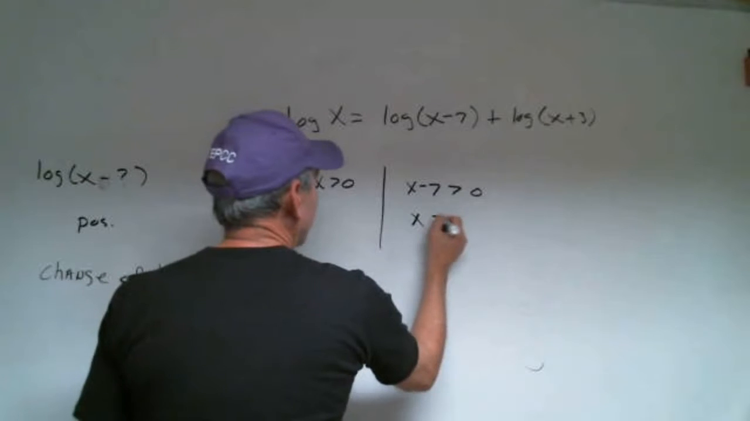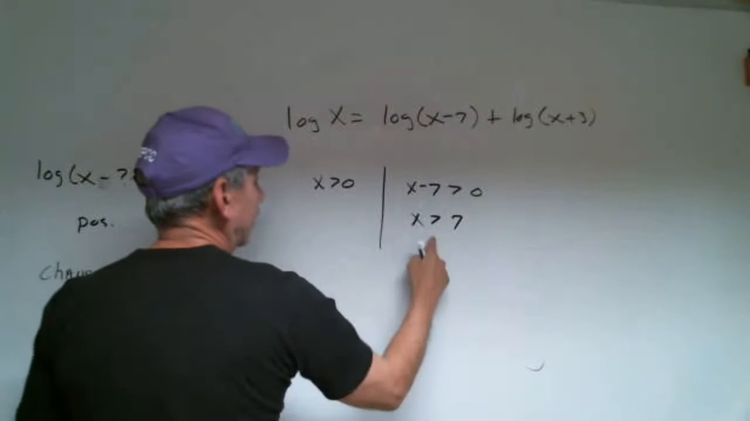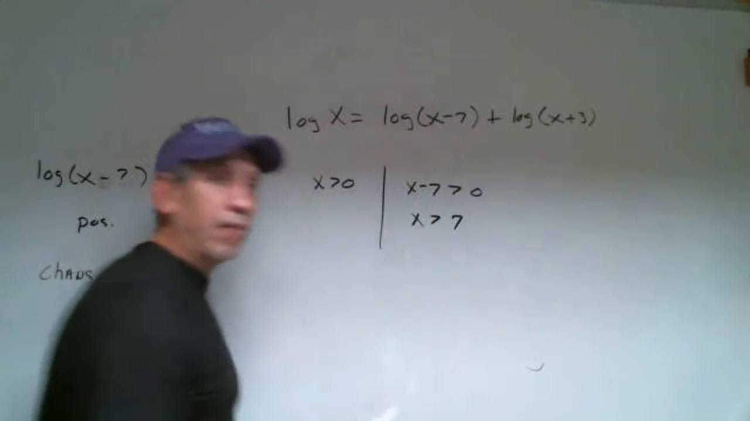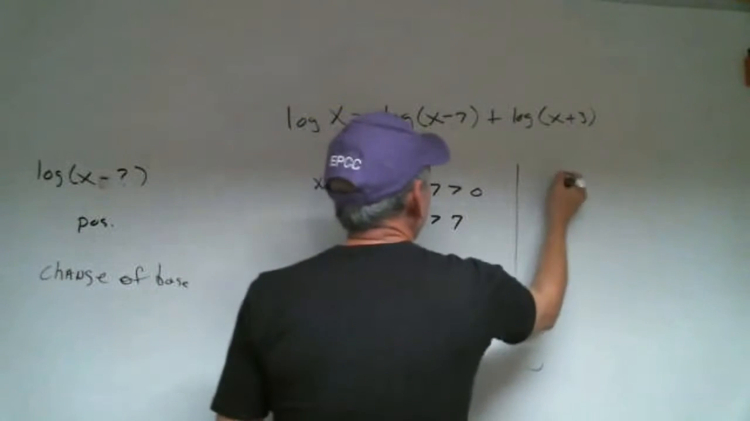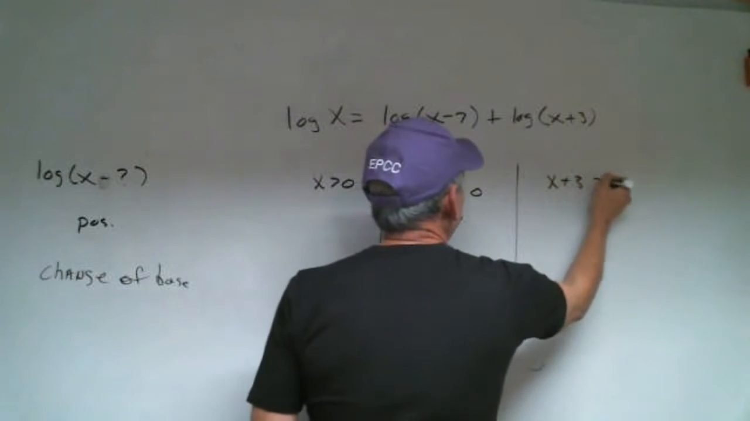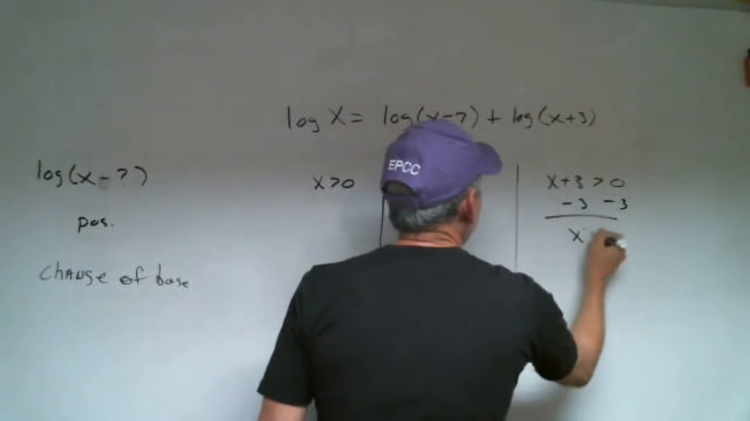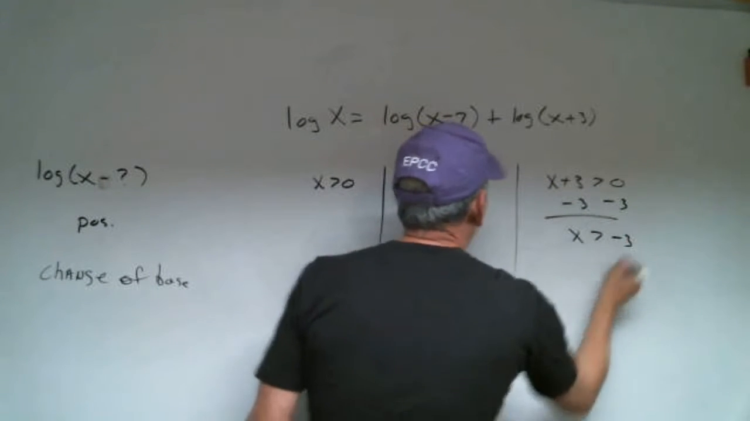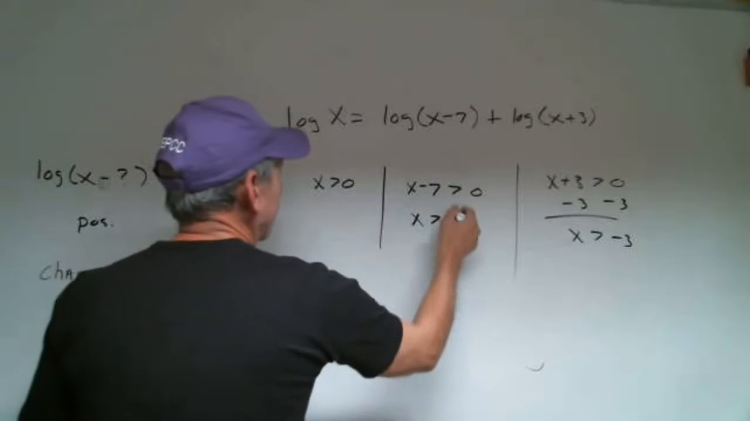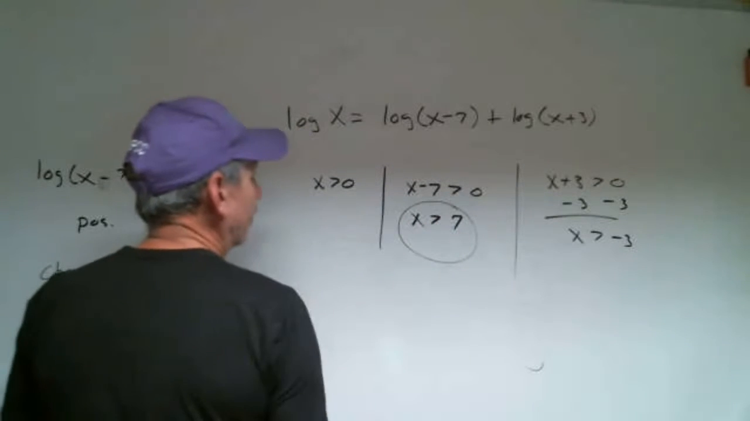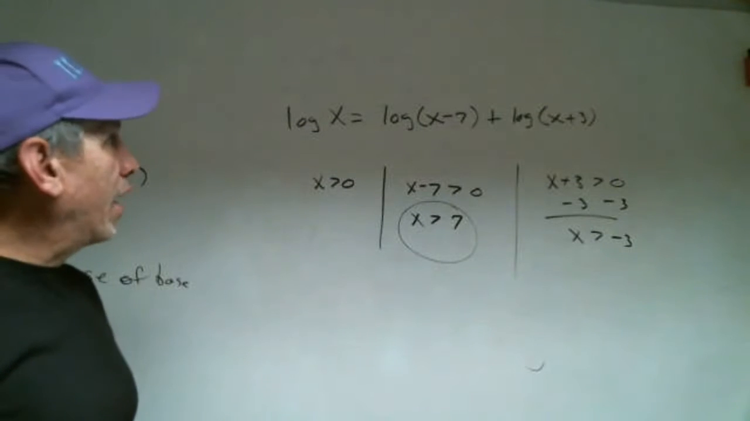So here, guys, x must be more than positive 7, because if I have something less than positive 7, it will be undefined, or not a real number. And for this one here, x plus 3, you always let it be more than 0, so then minus 3 minus 3. So x must be more than negative 3. So what's my domain? My domain is always the biggest number, guys. So this takes priority. So all your answers must be more than 7, or else